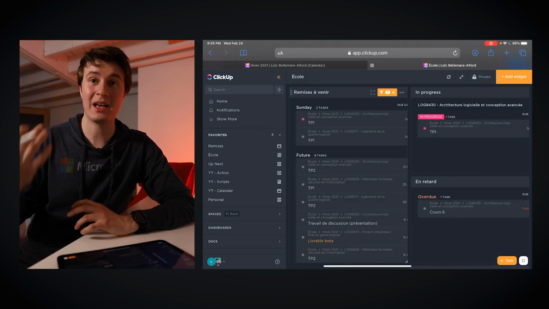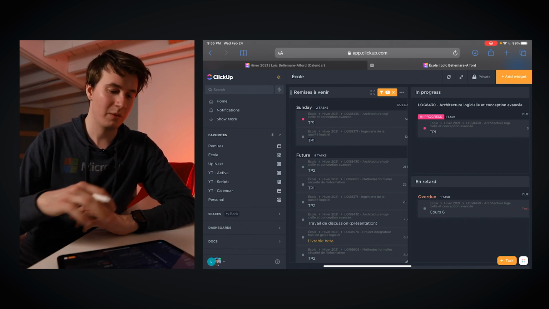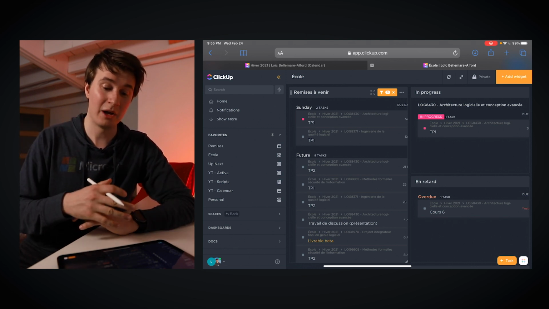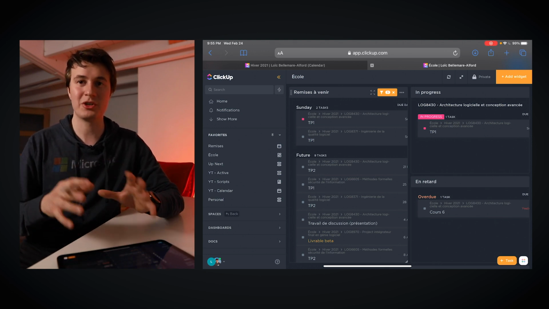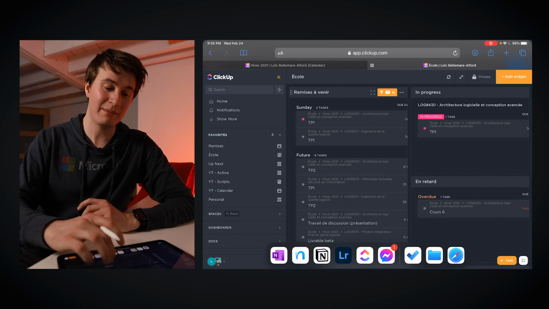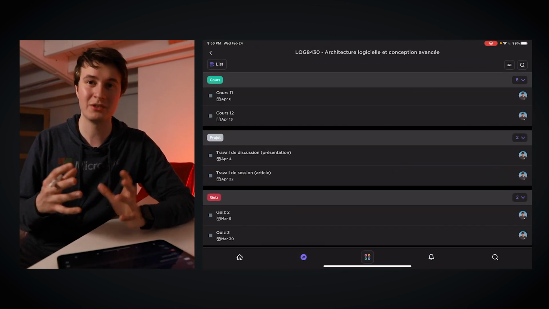And if we go here, I also have a custom dashboard where I can see all my tasks that are upcoming, that are in progress, and also that are overdue. All these features are coming really soon in the iPad app, and they're also going to have an optimized iPad app really soon. So you're going to get all these features inside the iPad app. This is a really great way of staying up to date on everything you have to do inside of